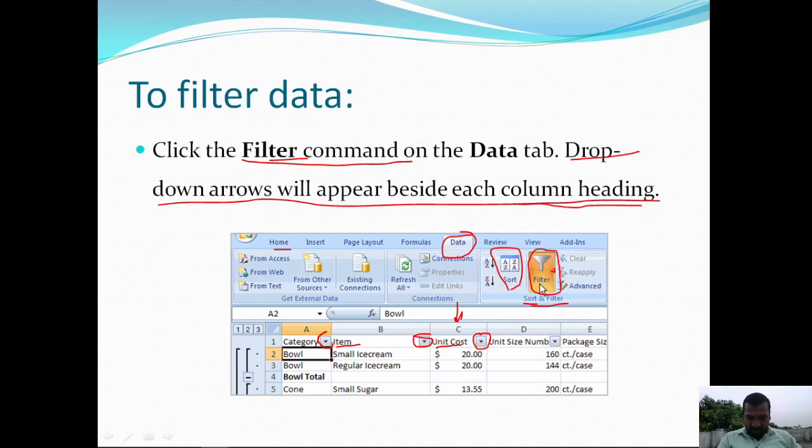For category this is the drop down button. For the unit size number this is the column, and so on. After applying the filter, every column heading is accompanied by a drop down arrow. By using those drop down buttons we are going to apply filters.